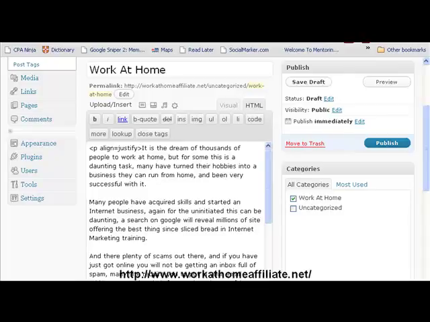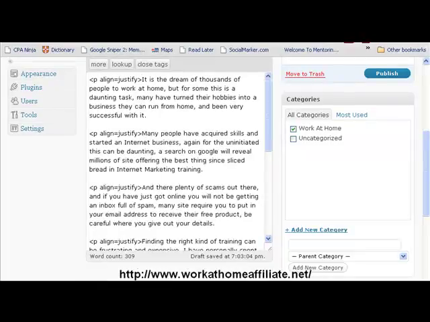If anybody's wondering what keys I'm pressing when I'm copying and pasting, to copy you press the Control key, then press C, and then when you get to the area where you want to paste it, you click in that area and you press V, and that pastes in the information that you've just copied over. So I'm just going to pause it for a second. So I've done that now. I've inserted my little bit of HTML there at the beginning of all the paragraphs, and I'm going to go back to